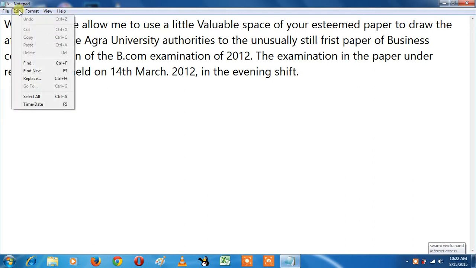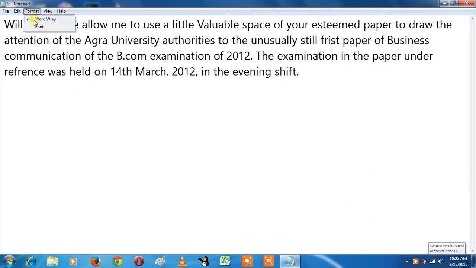Okay, so look at that. In the Edit option we have lots of options in Notepad. So I will give you information about the Edit menu in today's lecture. This is the Undo option. We have a lot of shortcut keys in this Undo option. Okay friend, so firstly is Undo.